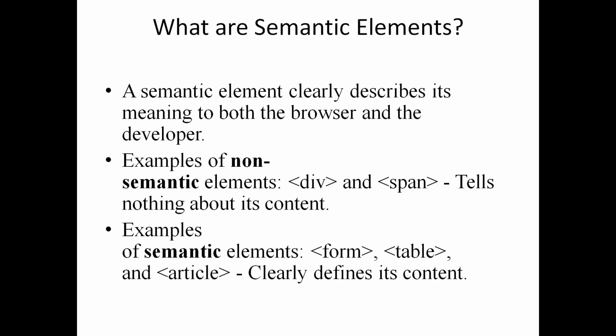Here is a brief description. Next, coming on to semantic elements. A semantic element clearly describes its meaning to both the browser and the developer. Examples of non-semantic elements are div and span, which tell nothing about their contents. Examples of semantic elements are form, table, and article, which describe the contents in the